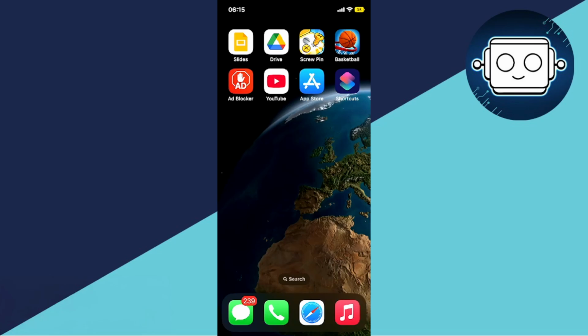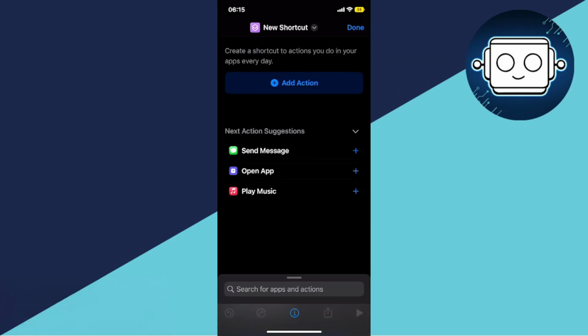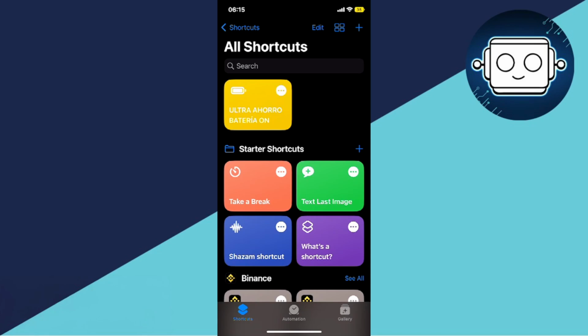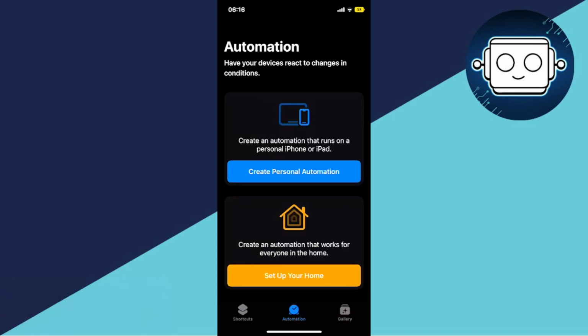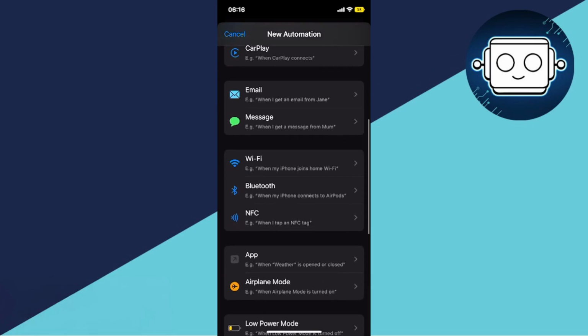Simply go to your iPhone and search for the Shortcuts application, as you can see right here, and then click on new shortcut in here. And from here, as you can see, we will be able to create many new shortcuts. So to create a new shortcut in our case, we will need to go ahead and click on Automations from here. Now I will create a personal automation,